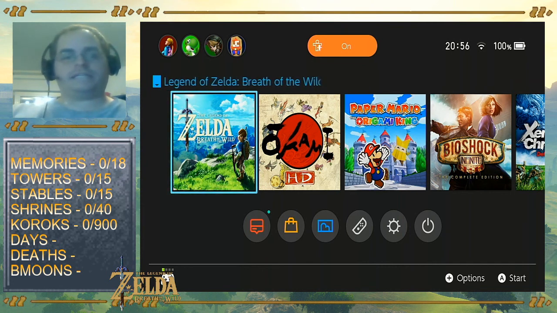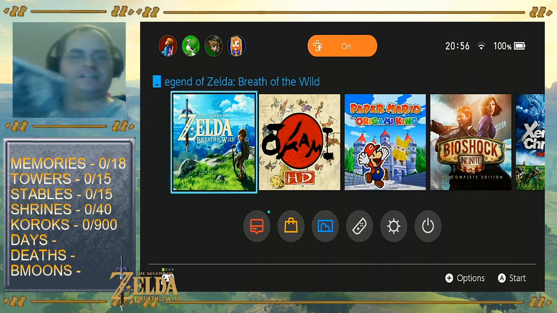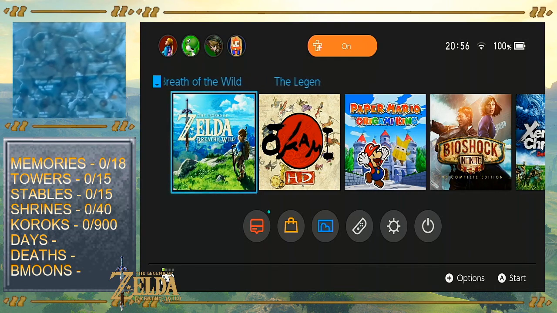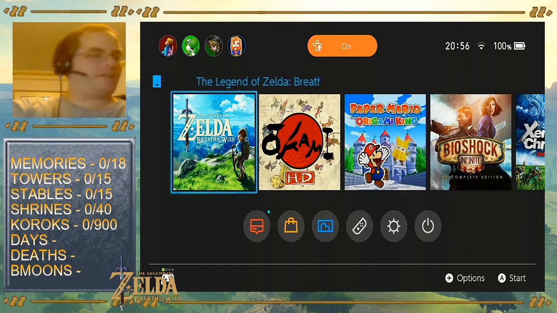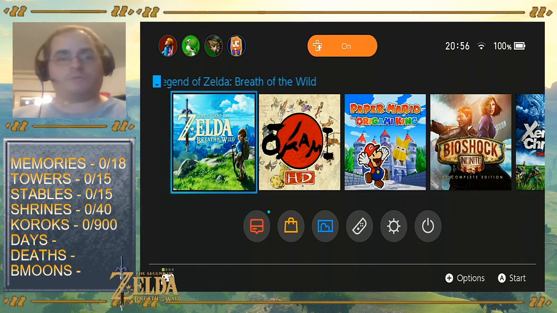And along the way, I need to hit up all the towers and stables, and I need to do it with as little backtracking as possible. So we're going to take a lot of different routes throughout Hyrule. And to that end, I have printed out this map here with a whole bunch of lines and charts and arrows going everywhere to plan my route through Hyrule so I can do it with as minimal backtracking as possible